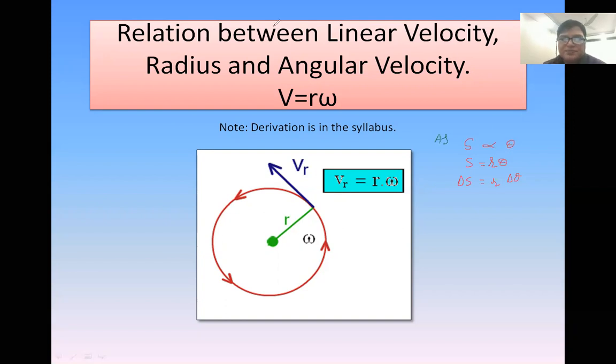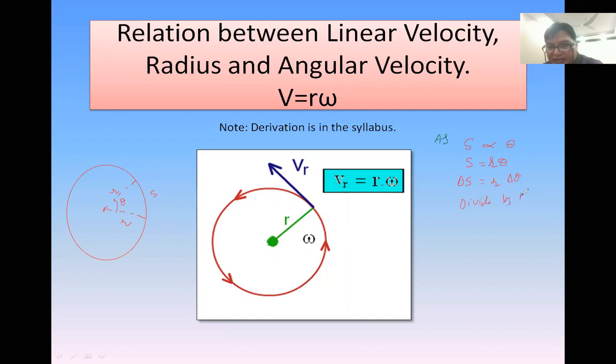Look, I give you an example. This is a circle, and this is the center. This is the angle. This is the arc length. If we increase the arc length, the angle will be increased. If we decrease the arc length, the angle will be decreased, but the radius remains the same. Now please divide